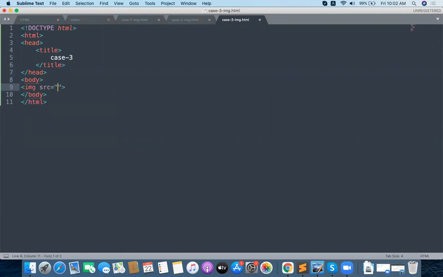Now trying to load this img src. First of all, double dot backslash folder name. What is the name of the folder? imgs slash 1.png, and width is 48%, and height is auto. Am I clear? The same thing you have to copy and paste, and this one is second, 2.png. Save it and execute the application.